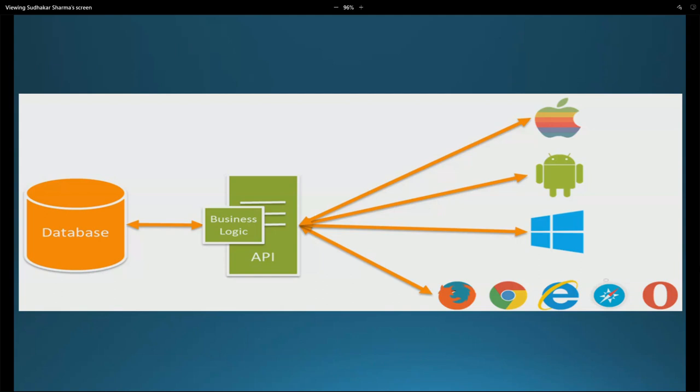That means we have some data, and what is the purpose? It should reach everywhere. That means any operating system should be able to understand, any device must be able to understand, right? That is the main concept of this. The concept of API is to make data available everywhere. Actually, the world's first API, do you know, in your mobiles, you are using shopping apps like Flipkart or Amazon